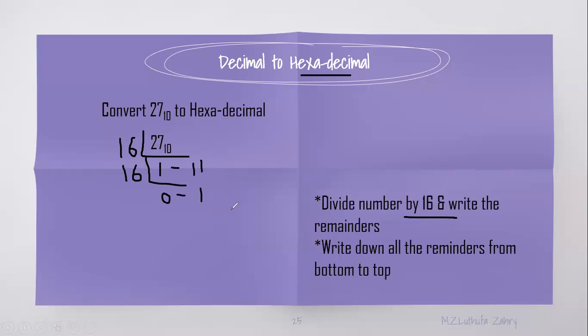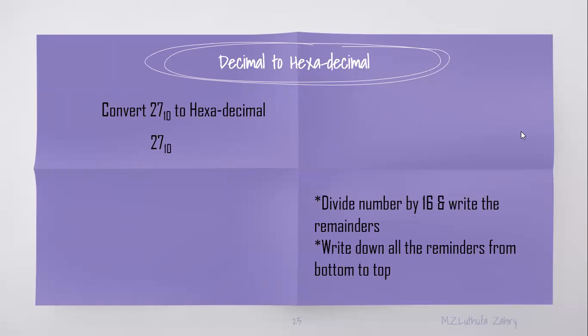So you are making the quotient 0 by getting 1. Now, from bottom to top, same procedure. So, 1. And this 11 is not available. This is only available in decimal. So when you have to write it as hexadecimal, what is 11 in hexadecimal? 11 in hexadecimal is B. Very good. So you have to write it as B. So don't forget about the base. So this is the answer. 1B in base 16 is equal to 27 in base 10.